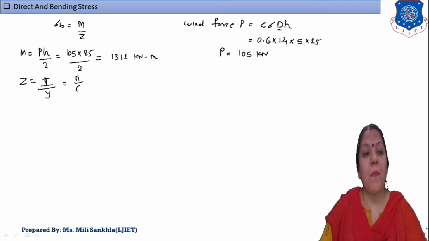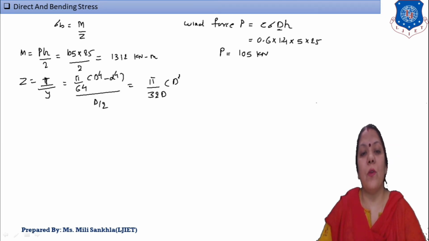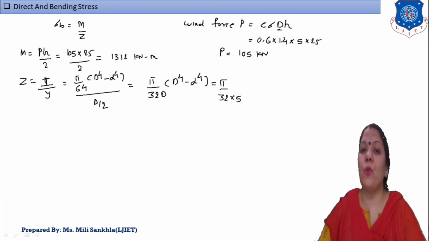That is pi by 64 times (D to the power 4 minus d to the power 4) divided by D by 2. Ultimately, pi by 32 D is equal to D to the power 4 minus small d to the power 4. One by one, here we put the values. Pi by 32 times capital D is equal to 5. Now 5 raised to 4, and my small d is equal to 2 raised to 4. Ultimately, after solving, my answer is equal to